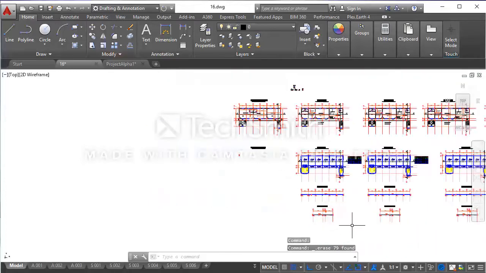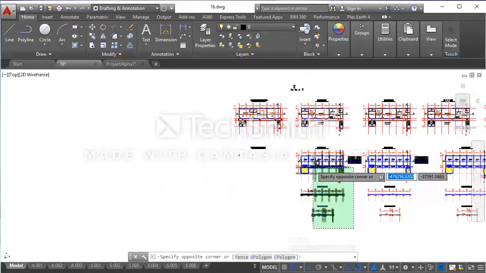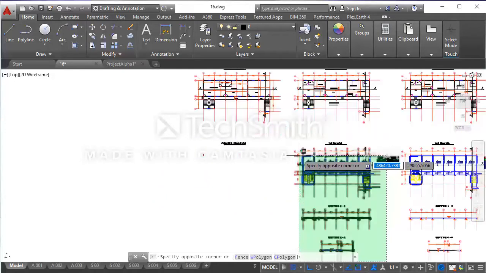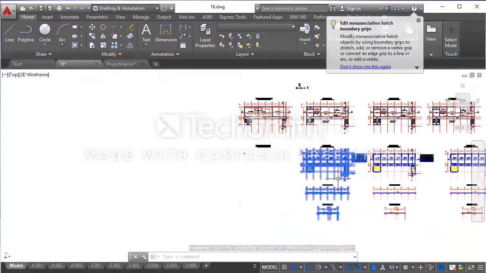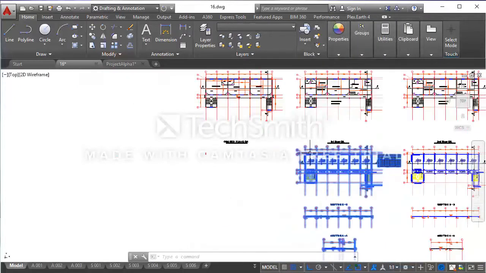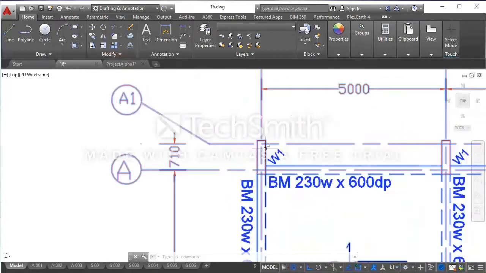Now I will select the object I want to duplicate from the first floor gen element drawing. I'll select all the objects except the heading of the first floor gen element drawing. And see the heading is unselected while other objects are selected. I'm also going to unselect this column because I don't want it duplicated.